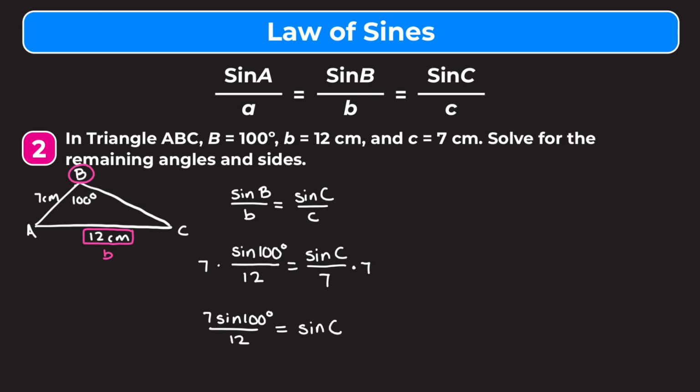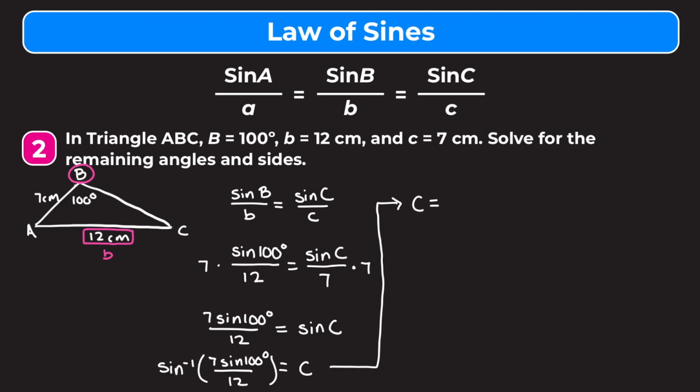And now we have to remember how to solve for an angle with a trig function. So if we have the sine of C, how do we get rid of this sine? To get rid of a sine, we have to do the sine inverse. So what we're going to do is take the sine inverse of both sides. And on the right side, that's going to leave us with C. And on the left side, we're going to have the sine inverse of this entire expression, so of 7 sine 100 degrees over 12. And now up here, we'll write our answer. We're just going to put this in our calculator. And if you do that, you should get roughly